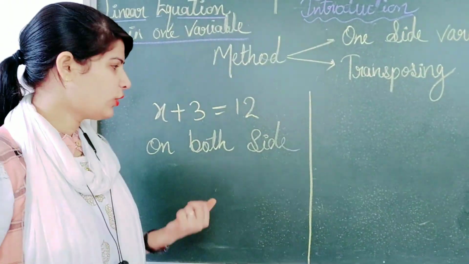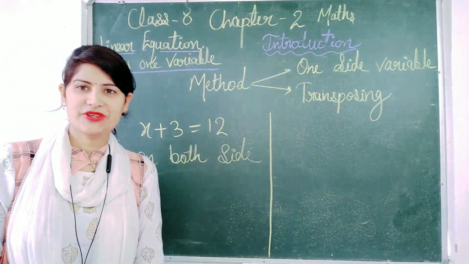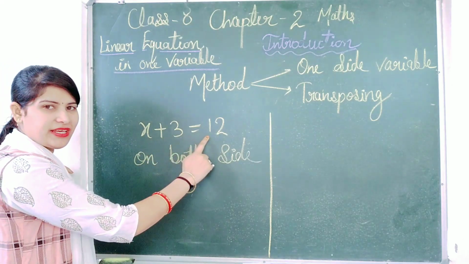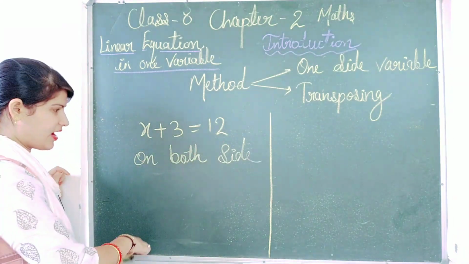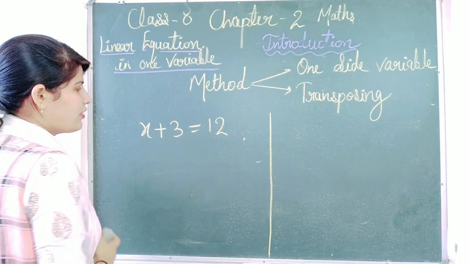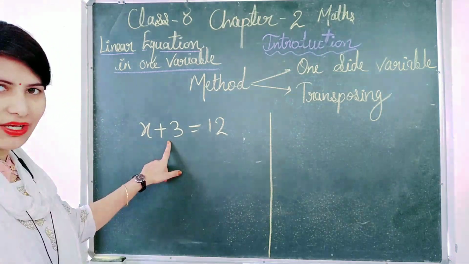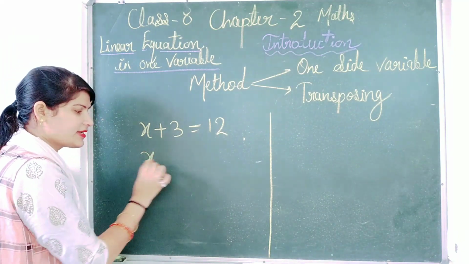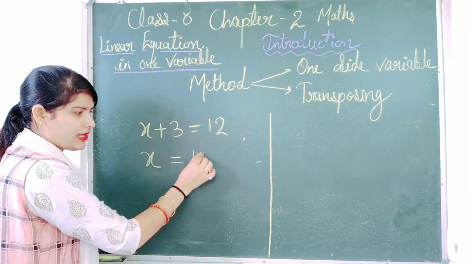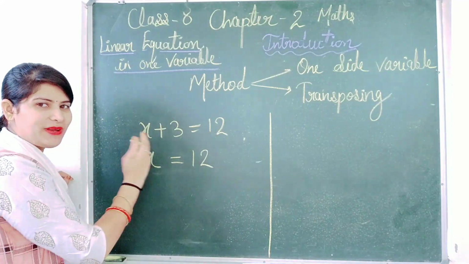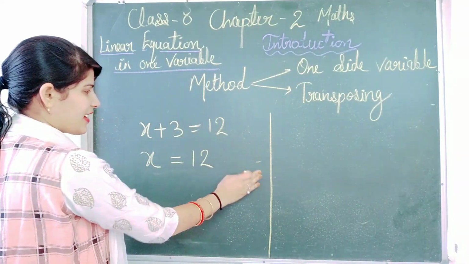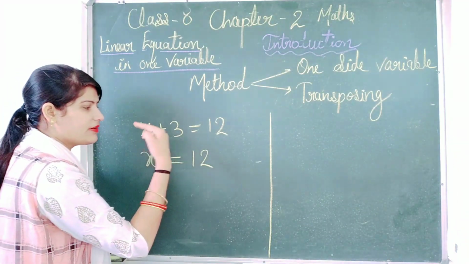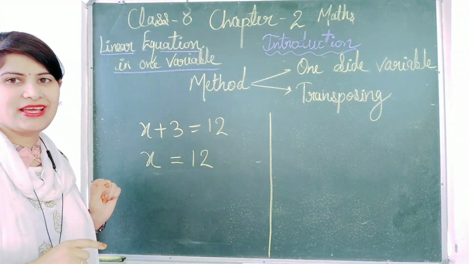Now look at the transposing method. The transposing method is very easy. So x plus 3 equal to 12 is our example. Now check what digit is here: plus 3. So write x, equal sign, 12 with plus 3. This side is the left hand side and this is the right hand side. So plus 3 will transfer to the right hand side and